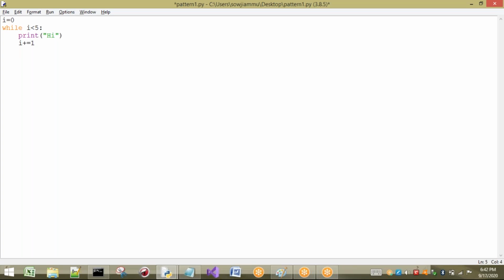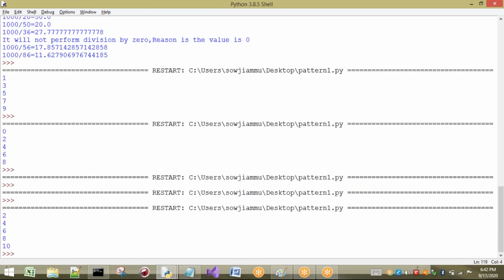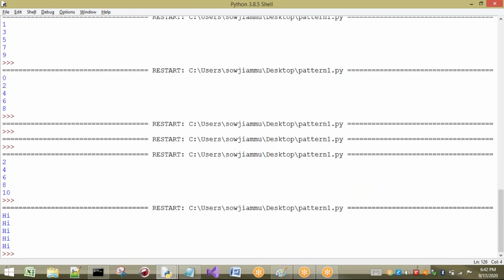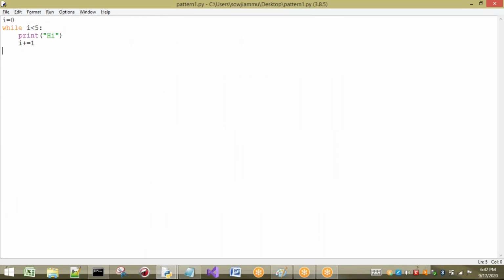Now I want to write the else case also. First I will execute this one. See what happens: 5 times hi is printed, there is no doubt. Now I want to use the else case. In else, I will print "this is else block".